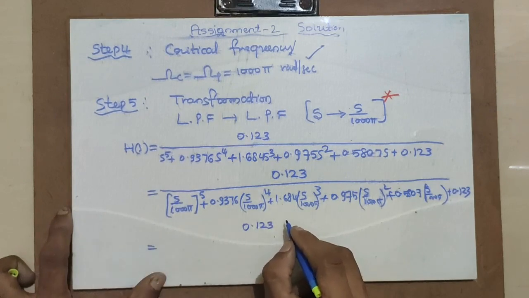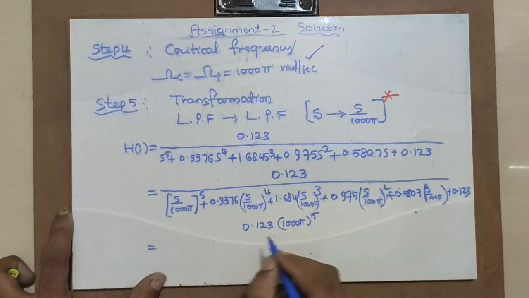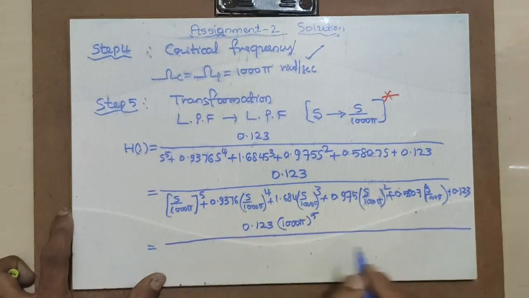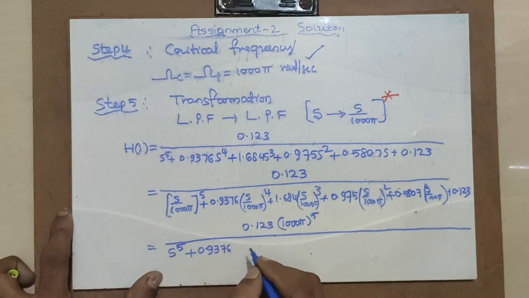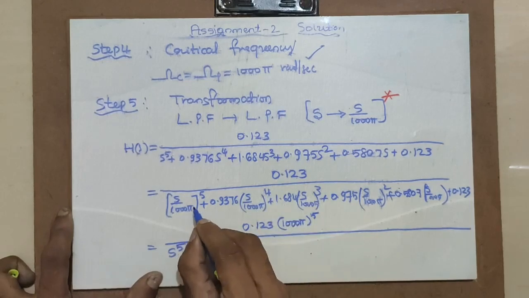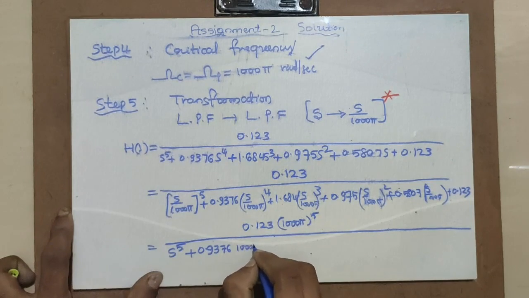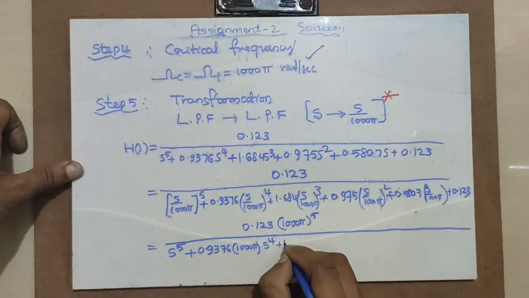Keep it in this form only. 0.123 (1000 pi)^5, because this goes to the numerator, whole divided by s^5 + 0.9376. 1000 pi raised to 4 is there. Since s^5 is one extra, hence 1000 pi multiplied by s^4, isn't it? Plus 1.684